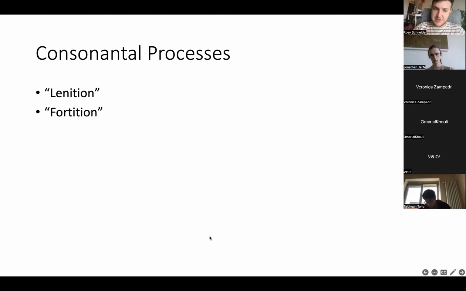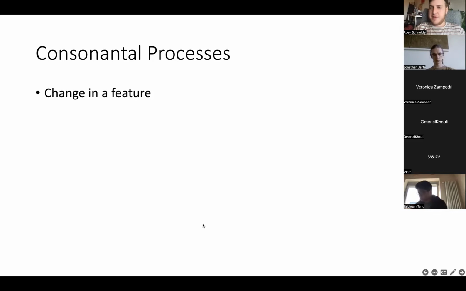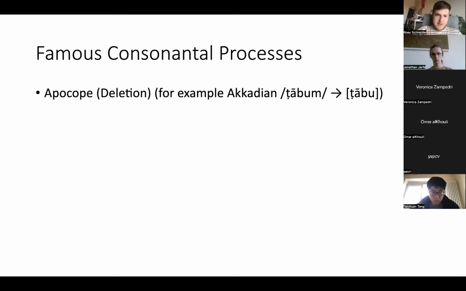But obviously, it has nothing to do with strength, but it's just a notion that people actually use. Modern linguistics likes to think of these processes as just a change in a feature. Some famous processes include apocopy, which is the deletion of a final sound,